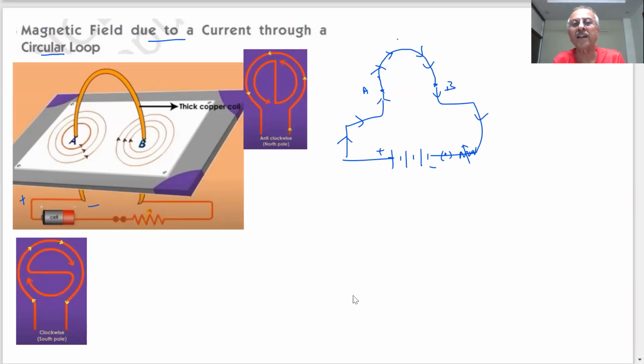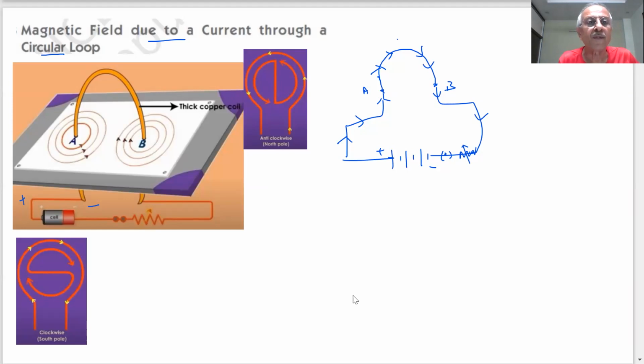Now I can consider this to be a straight wire at this point A. And now what will be the pattern? Again, we will see concentric circle patterns. Whatever iron pieces we put earlier, you can put some iron powder. You tap it, pass the current, and they will start arranging in concentric circles.